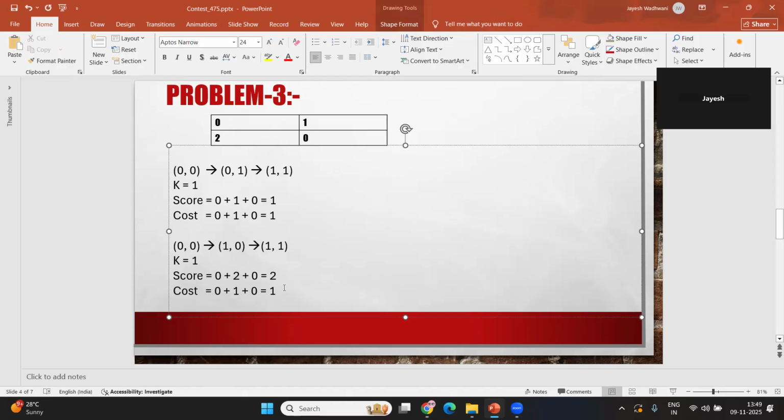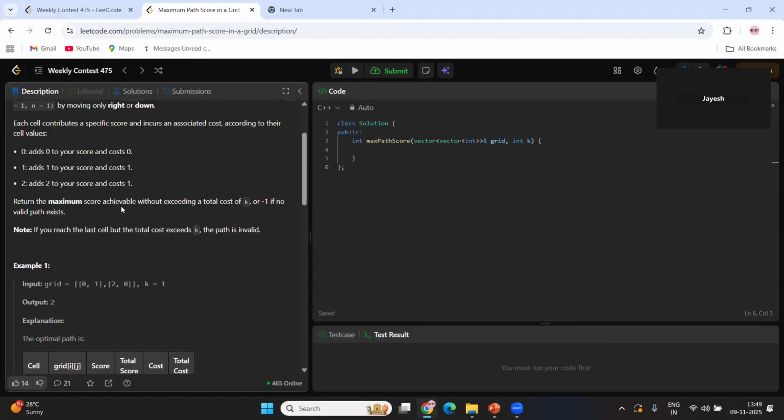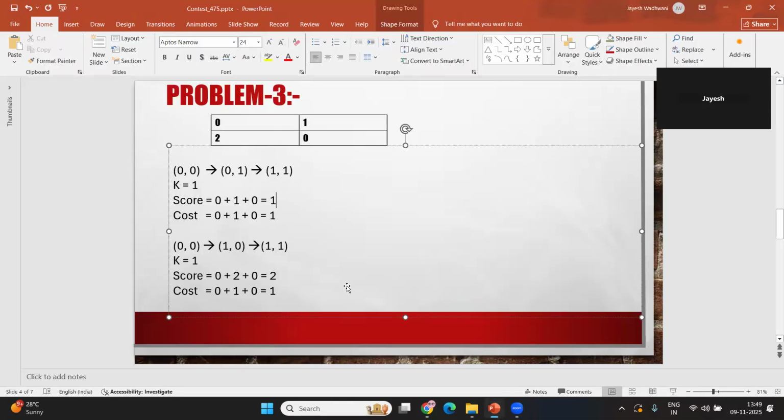And so we can see that the score in the second case, which is 2, is greater, and the score in the first case is 1, right? So our output should be to return the maximum score achievable. The maximum score achievable in this case is 2. So we will take this path from 0,0 to 1,0 and to 1,1. We will take this path because here also the cost is not exceeding k,